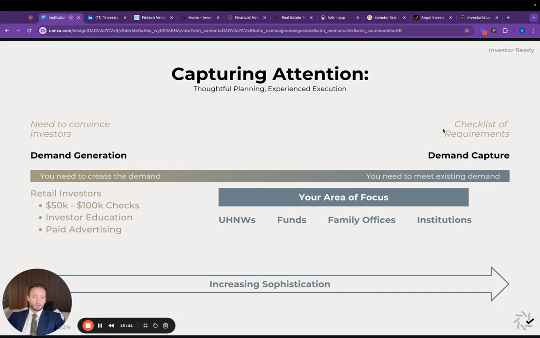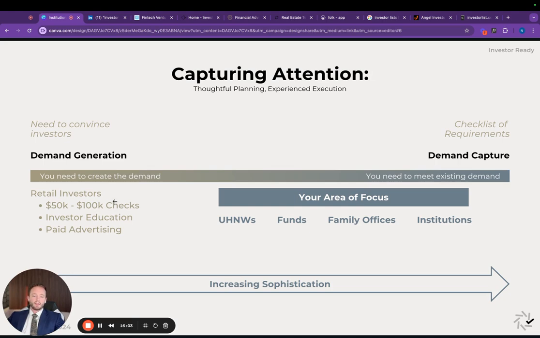And the last point I'll mention is you need to understand where you fit along the line of capturing demand here on the right versus generating demand. Right? I go through all these things with every raise and every deal that we do because I need to know, are there people looking for what I'm offering? And do I just need to find them? Or do I need to create a new audience, or do I need to create a new customer for what it is that I'm offering?